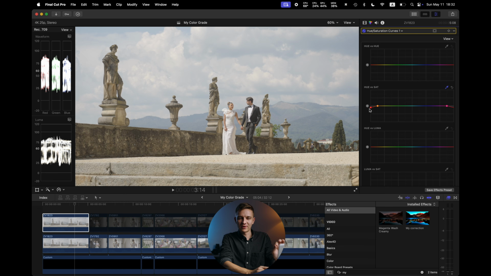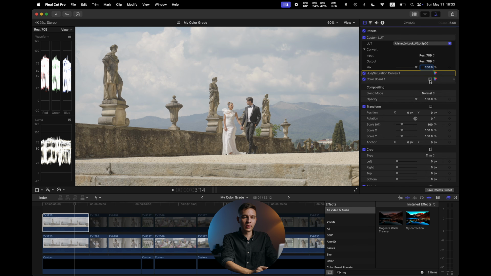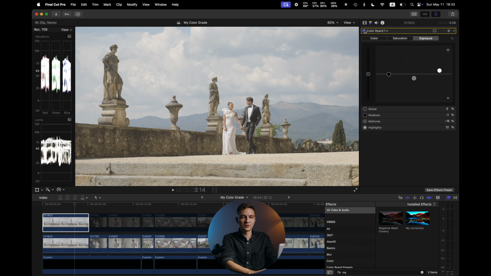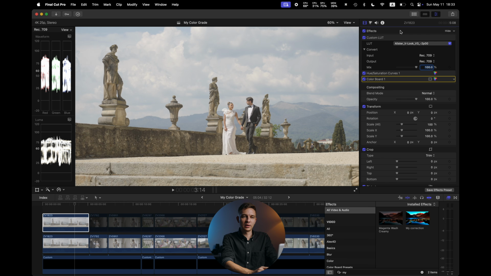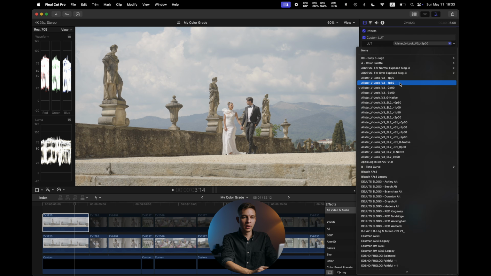It's very slight, very subtle, but I do apply it all the time because Sony cameras tend to have slightly reddish colors of the skin. Right here in color board, I still have some contrast adjustments, so highlights are getting higher and midtones are getting lower. That's it. And here is my LUT, it's by Alistair Chapman, and here we have different exposure values,